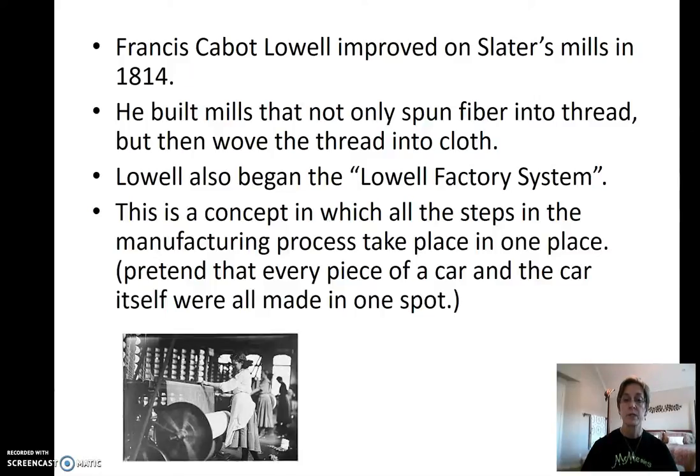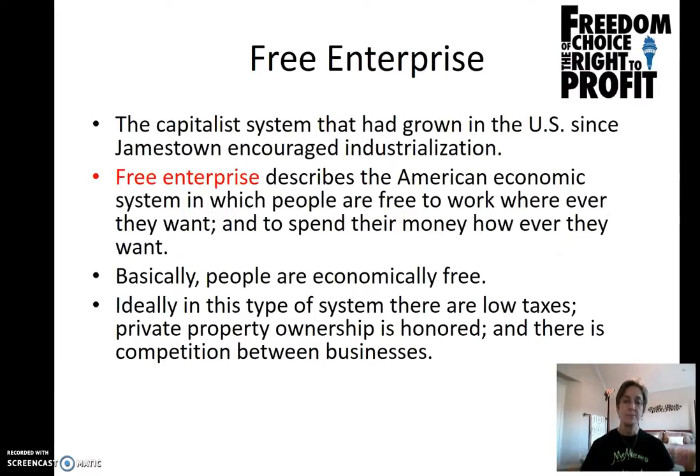And it would be as if you could make a car all in one place, all the pieces of it, and then assemble the car all in one place, which is unheard of. It just doesn't happen. Okay, so let's talk about free enterprise, because this is an important concept for you to know for this year,